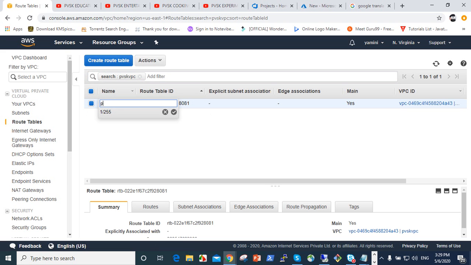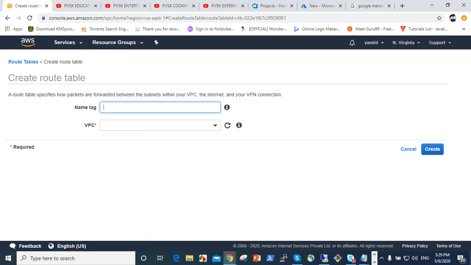So PVSK pub RT, used for public. RT means route table. Its naming convention is not a problem. So it's a public route table. Create another route table, that is PRI RT, the private route table.